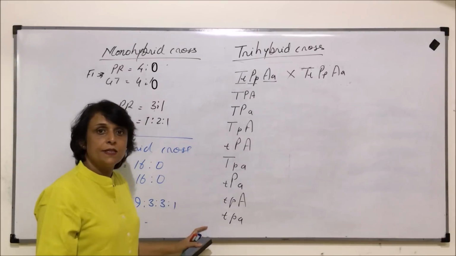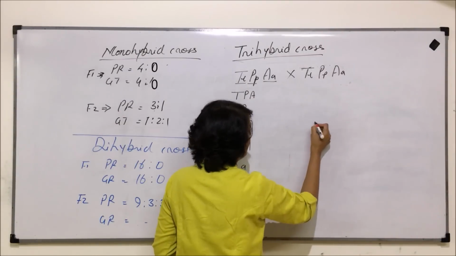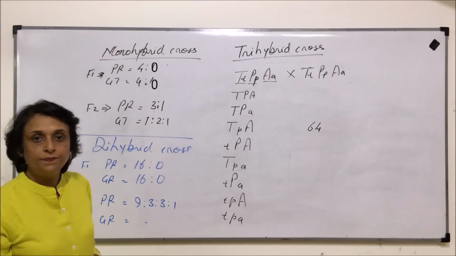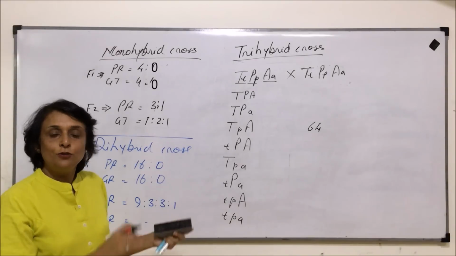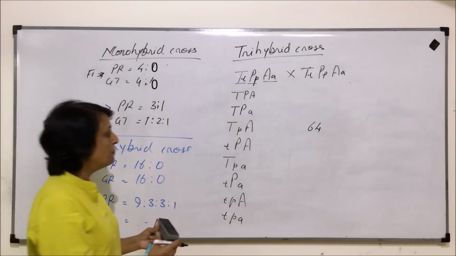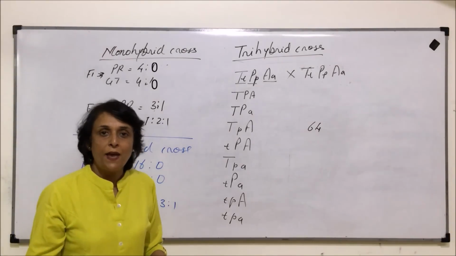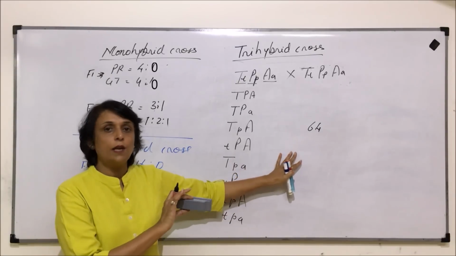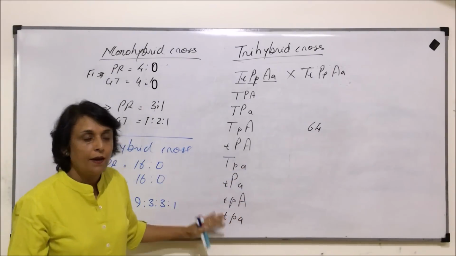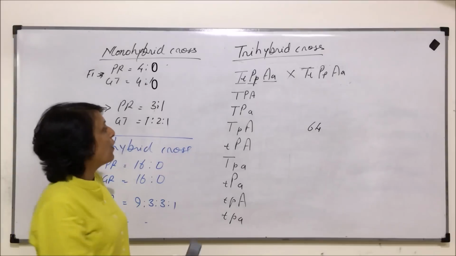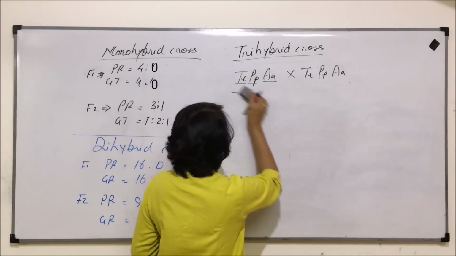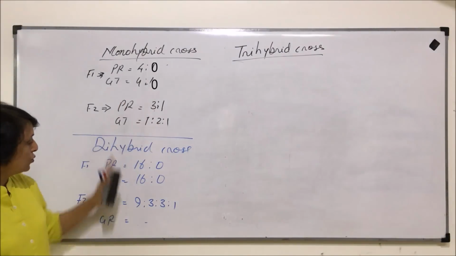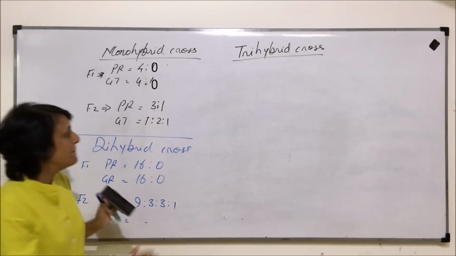Now 8 on this side and the same 8 on this side, and we will get 64 offspring in the F2 generation. We can find out the ratio by plotting the Punnett square also, but as we are preparing for exam, and in exam we don't have time to plot this, it is going to take about 20-25 minutes to fill up this square. So there is a short formula by which we can reach this number. Let us cross check using the formula these two crosses which we have already made.